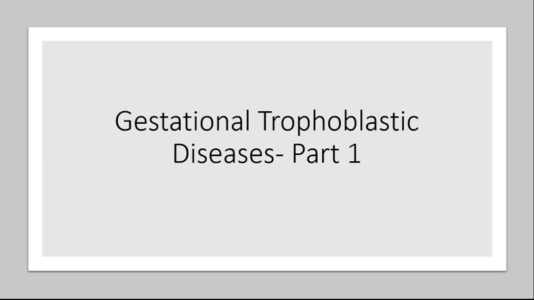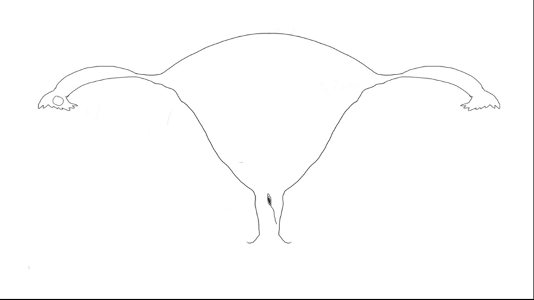So to understand these diseases and their variety or their differences, we have to know the basics, that is a little bit of embryology and the structure of the placenta, and that is what will be dealt with in this part 1. So this is a very simplified image of the uterus with the fallopian tubes, and we'll start from the